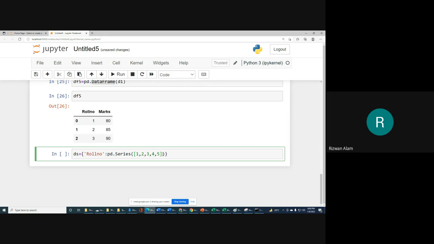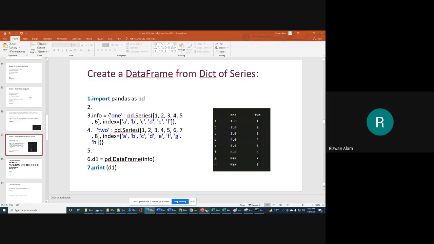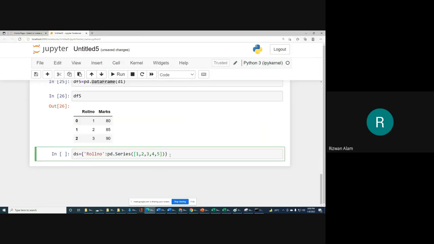So this will be a list of elements. Let me check. If you don't want to use an index here, we are going to just drop it. I will tell you later how we can write an index. After that we will create the next element. For the next element also we have to write the key first.